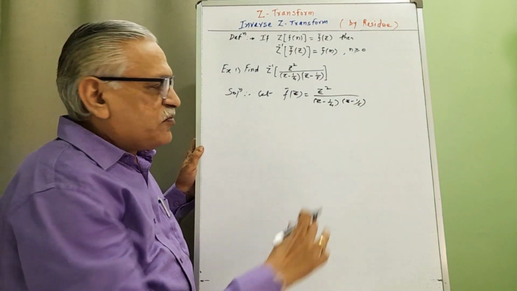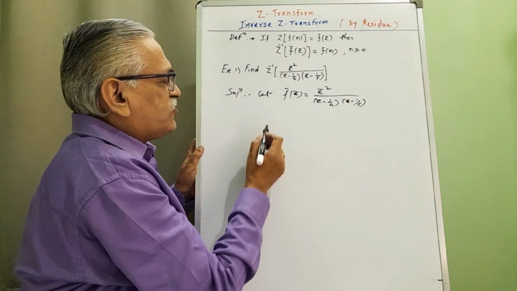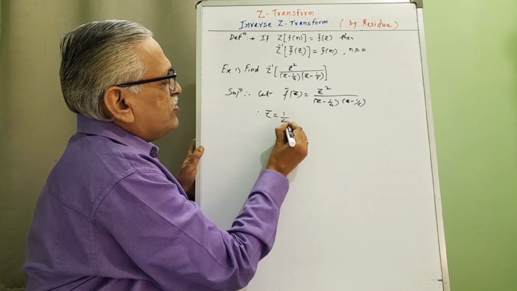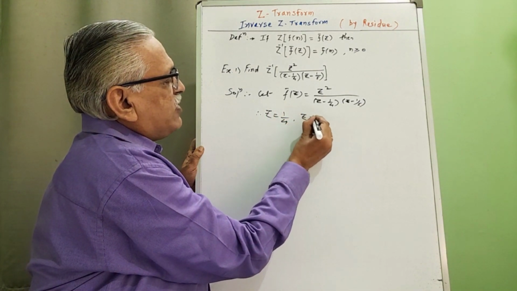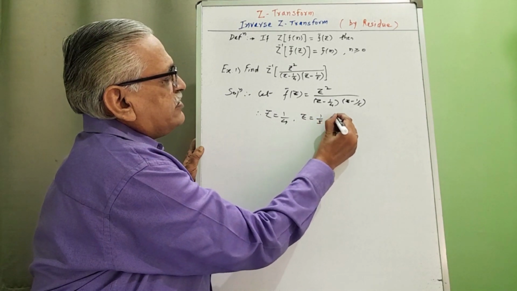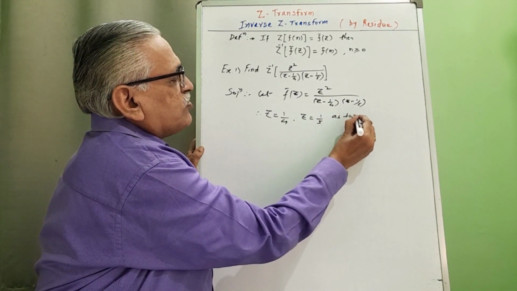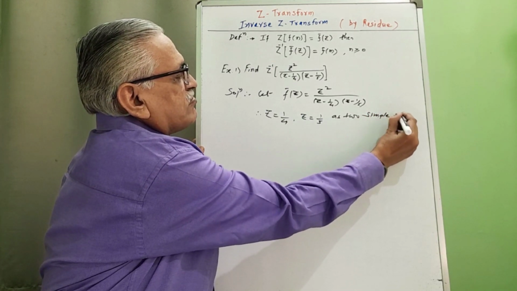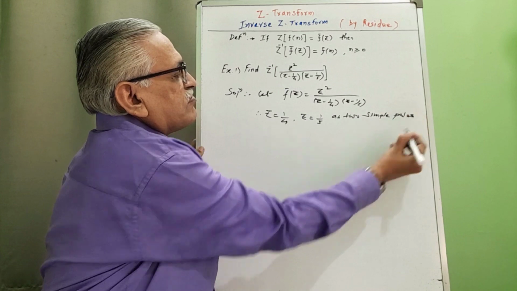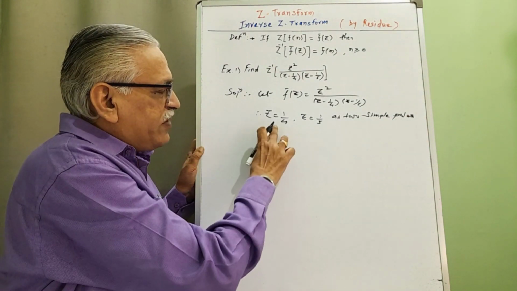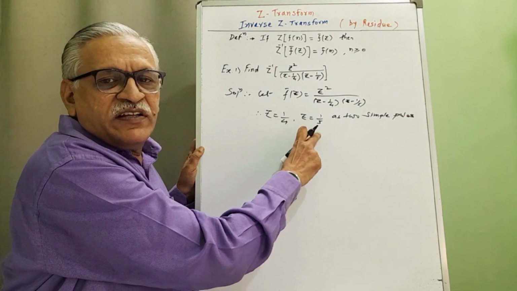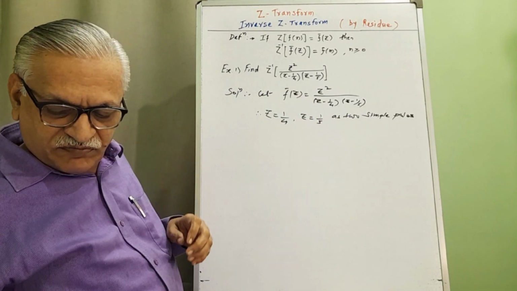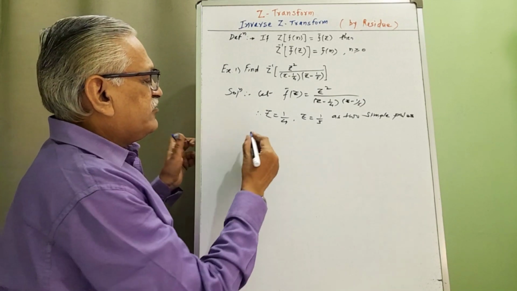There are two factors in the denominator, and equating each factor to 0, we get z equals 1 by 4 and z equals 1 by 5 as two simple poles. Therefore, we need to find the residue at the first pole and the residue at the second pole. Then multiplying this by z raised to n minus 1, we get